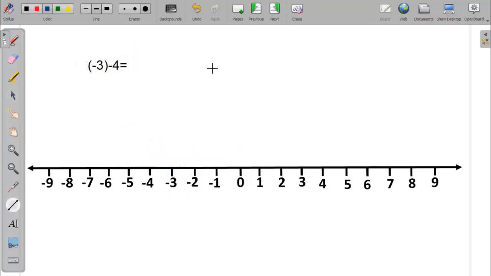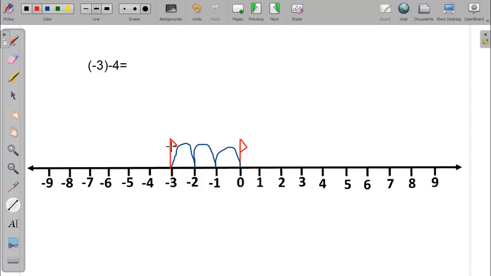Let us try with another one. Minus 3 minus 4. The first number is negative number and subtraction action and a positive number. What's the first step? Yeah, we have to draw a stick figure with face seeing towards the positive direction. Next step is seeing the first number, a negative number. So we should move backward 3 steps. Now draw the same stick figure at the new position.